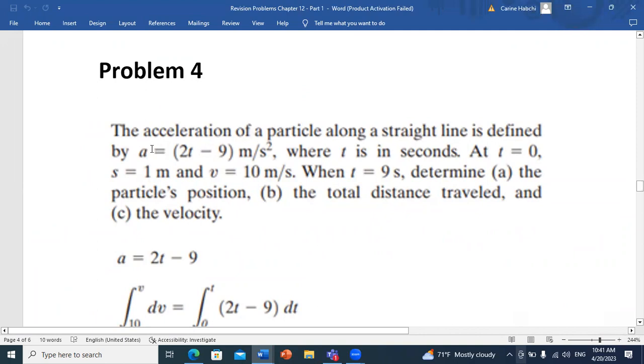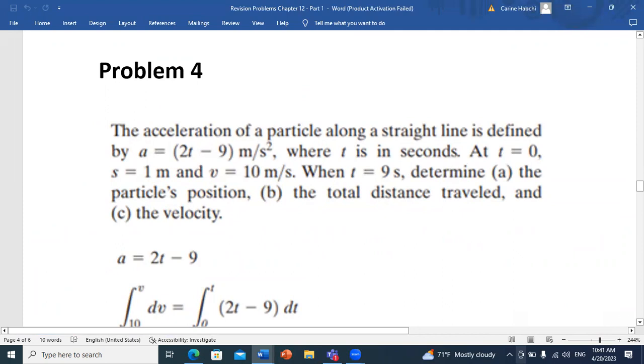Okay, so we have that the acceleration of a particle along a straight line is defined as a function of time by A equal to 2t minus 9 meter per second squared, where t is in seconds. They gave us a boundary condition that at t equals 0, s is equal to 1 meter, and v is equal to 10 meters per second. Now, when t equals 9 seconds, we want to determine the particle's position, the total distance traveled, and the